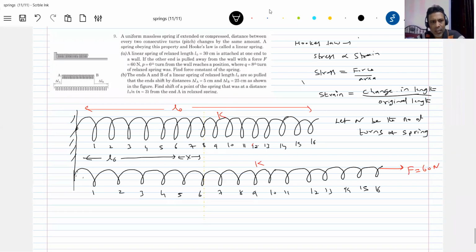Okay, now what is the length of L6? Here the distance I shown you some gap, but practically I think if you just open some spring in your pen, that one, the gap between individual turns will be almost negligible. Distance between consecutive pitch changes by same amount. Here to make you understand, I brought a gap, but practically this gap will be almost negligible. Will I agree all of you?